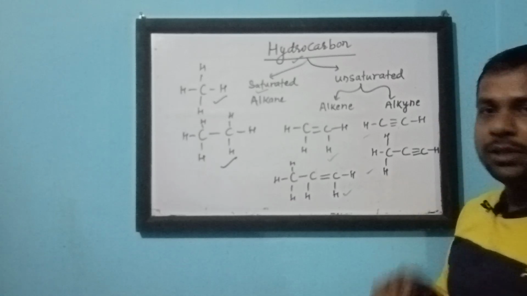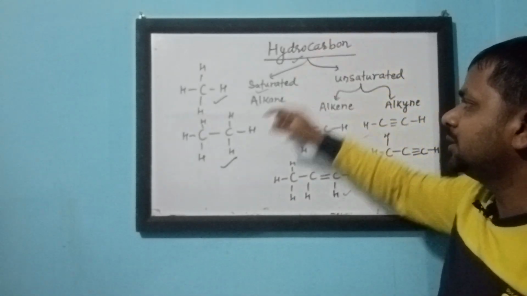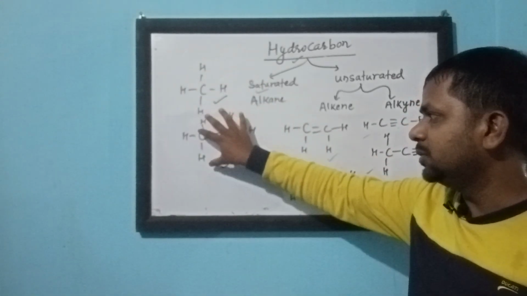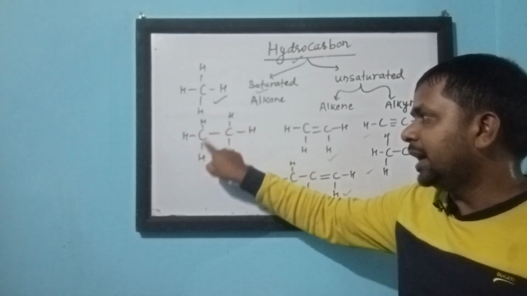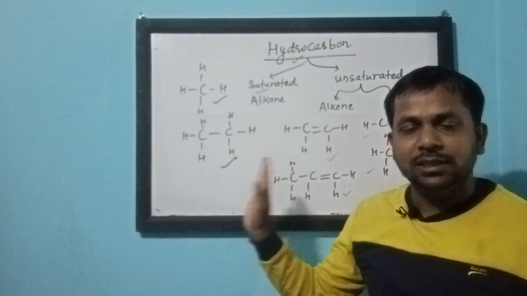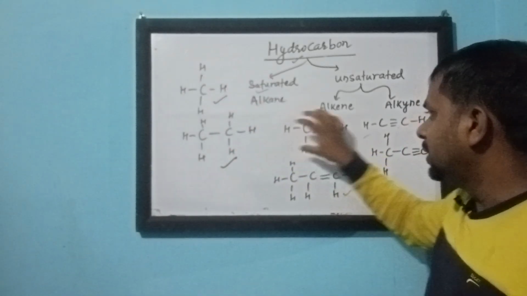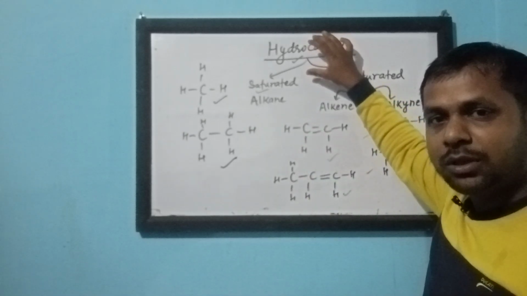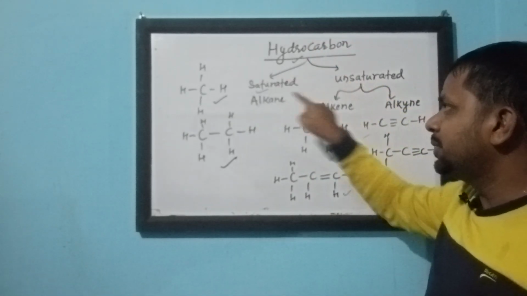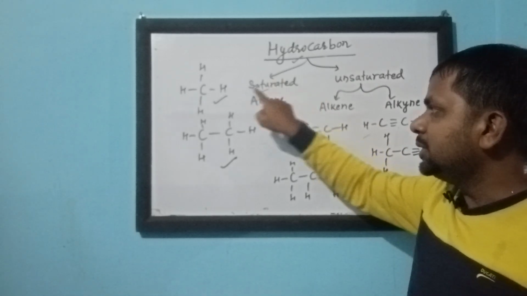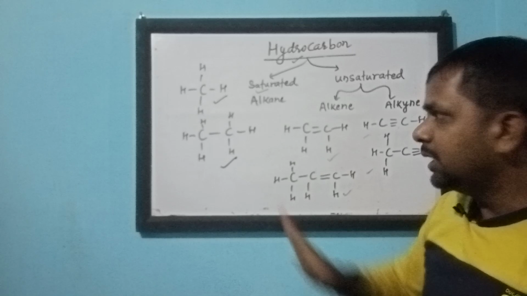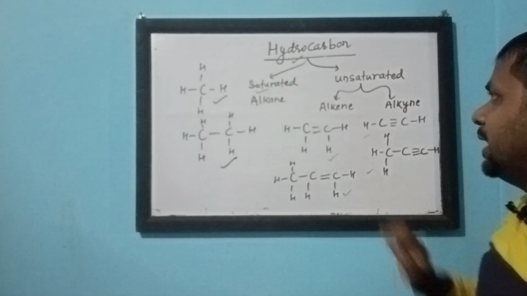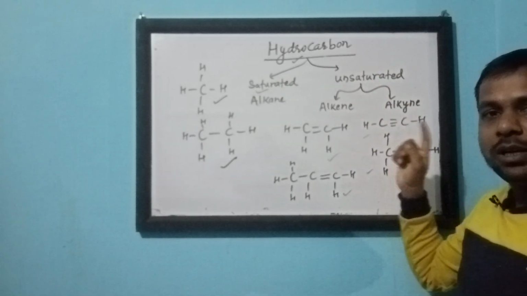Once again, we are going to revise this. Hydrocarbon means the compound containing hydrogen and carbon only. Suppose this is one compound, here only carbon and hydrogen are there, no other elements are there in that compound. Then this type of compound where only carbon and hydrogen is there, that compound is called hydrocarbon. It is divided into two groups. Saturated hydrocarbon means they consist of only single covalent bond. Saturated hydrocarbon is also called alkane, while unsaturated hydrocarbon consists of at least one double or at least one triple